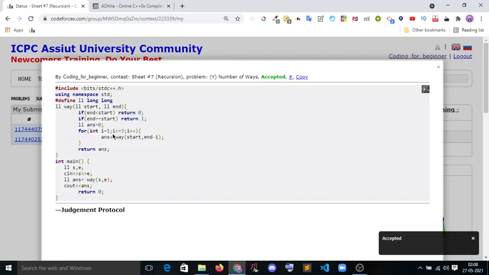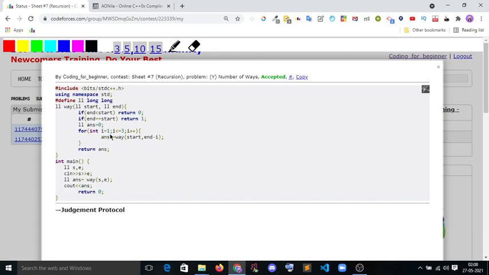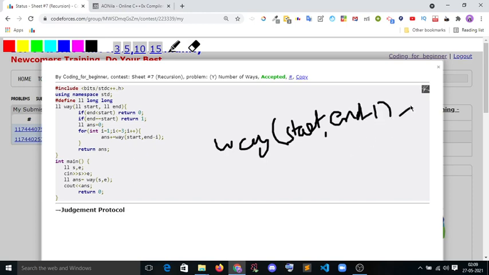Very easy. Another thing you can do is, here I used a loop for 1 2 3. You can just use ways of start, n minus 1, again plus ways of start, n minus 2, like Fibonacci, again plus ways of start, n minus 3.